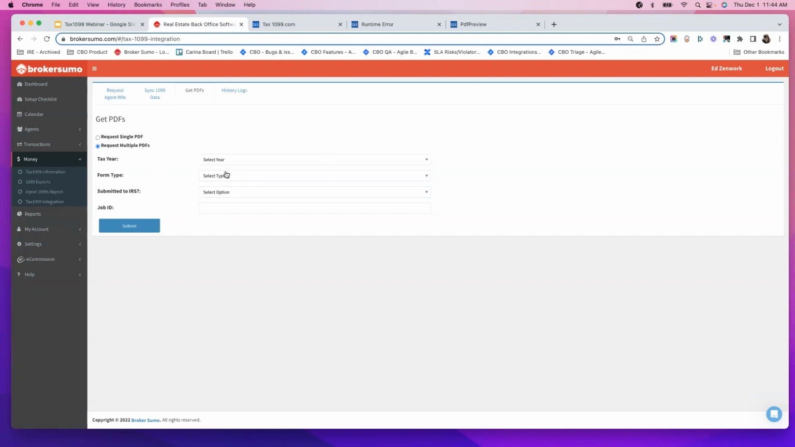If the request is large and will take time, there will be a pop-up box that will appear giving you the job ID number for this request. That will also be sent to the broker's email address. So you have it in both places, the pop-up here where you can take note of, and in the broker's email address for reference as well. Then you will get a second email from Tax 1099 saying, hey, the job is complete. You'll be able to come back into here and just enter the job ID number and submit, and then those documents will auto download to your device